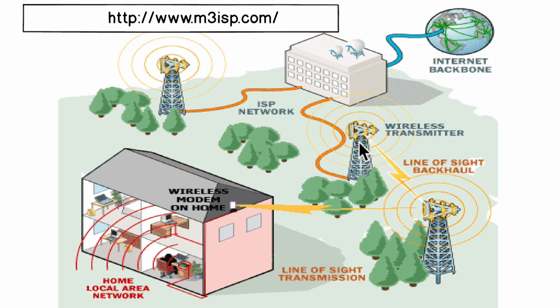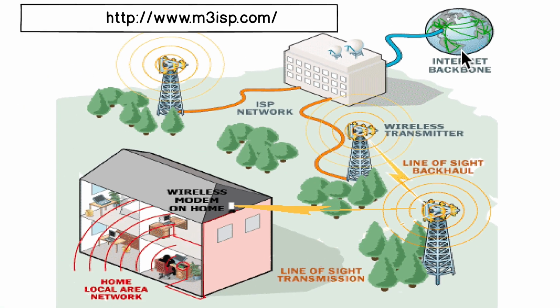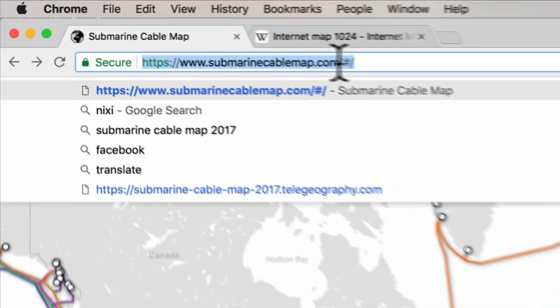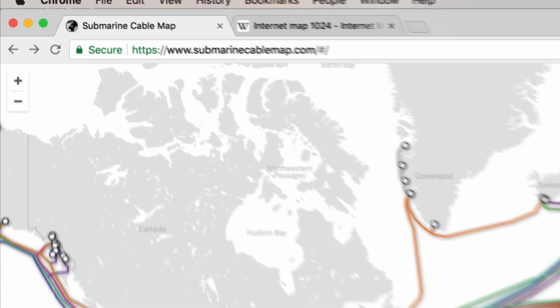And something that's really important in this image is the fact that there's Wi-Fi, which is over the air, but at the end of the day, everything is kind of connected through cables. So some of you, or many of you, or all of you might be wondering, what the heck is this internet backbone thing? Sounds cool, but this is kind of confusing. So I found a really, really cool thing that we can do together. I'll post this website in the notes after this lesson, but if you go over here,